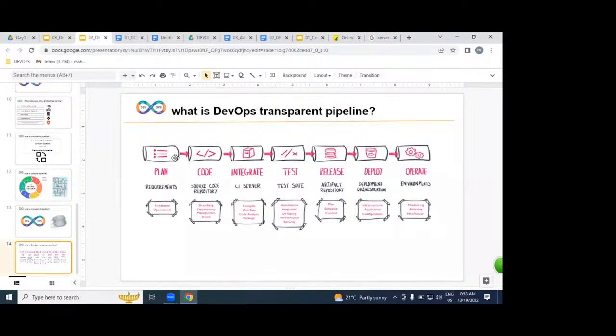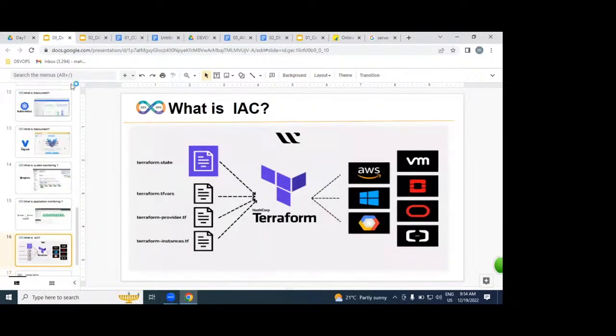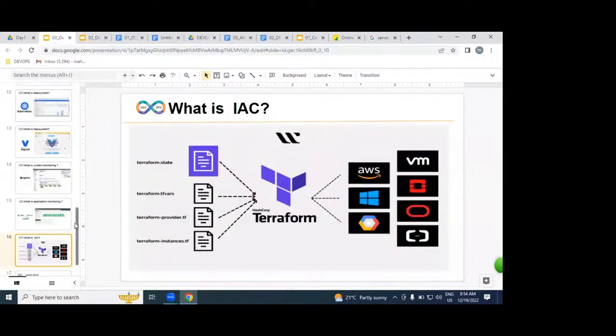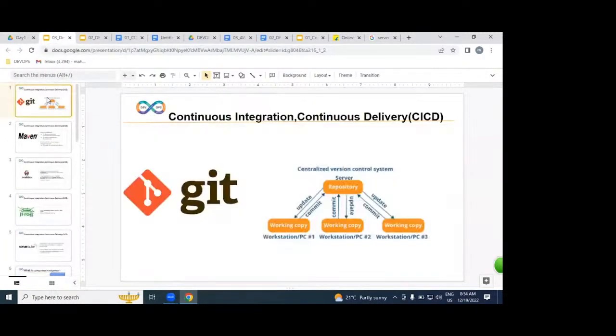How exactly do these tools fit into this diagram? Let us understand. Firstly, n number of developers write code. That code is maintained by whom? The DevOps engineer, by using which tool? Git. Git is a version control.